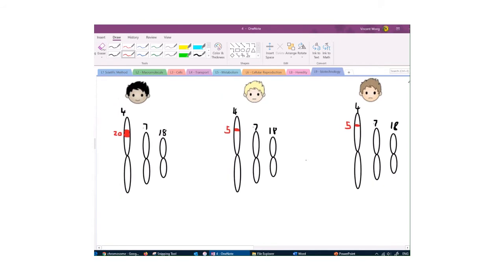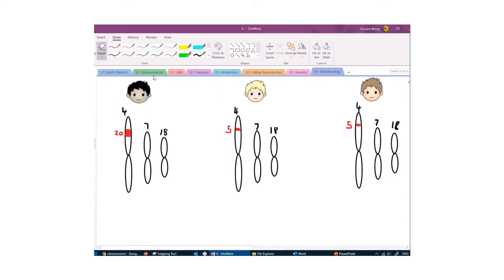Okay, and on chromosome 7 we are going to have another STR, another tandem repeat, and maybe it's over here this time. And for this person, let's give them some name. Okay, let's say that this is Bob. For Bob, this is going to be repeated, say, 8 times, and for this person over here, we will call him Alex. Okay, it will be repeated 8 times, and over here for this third guy, we'll call him, I don't know, David or something, and that would be repeated, say,